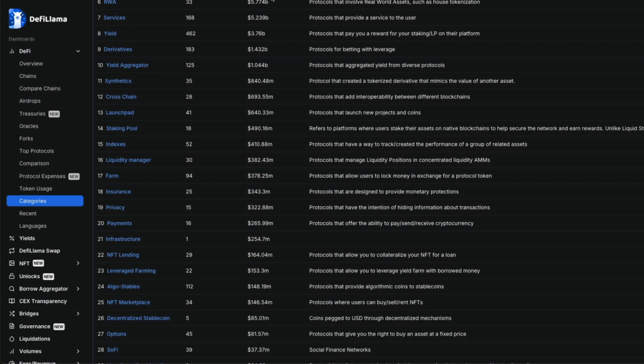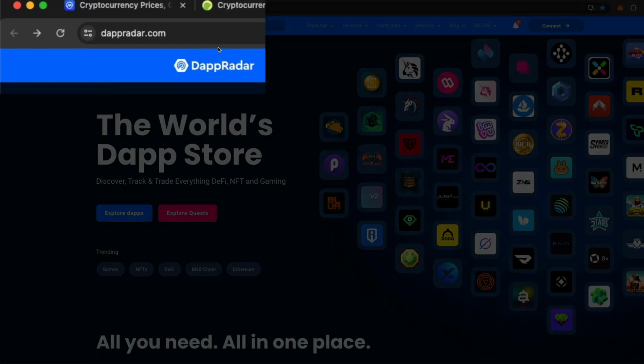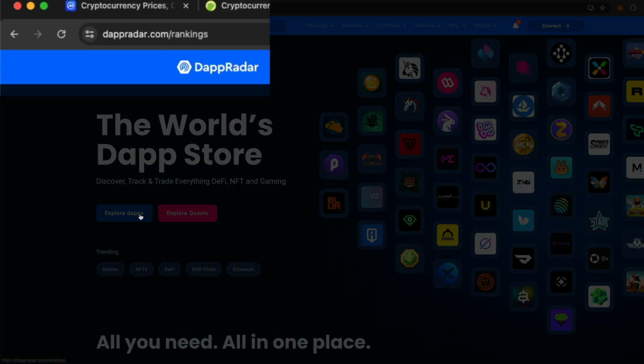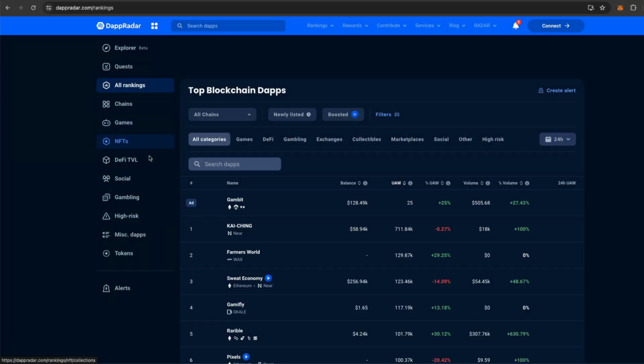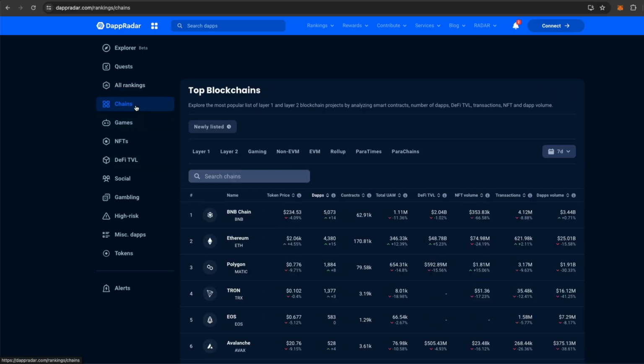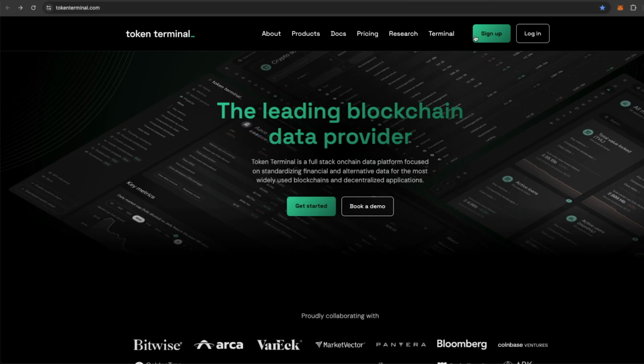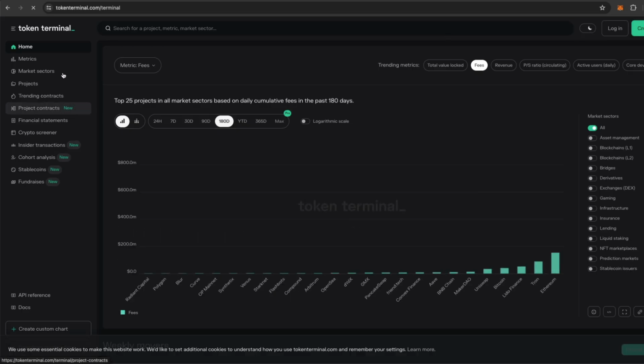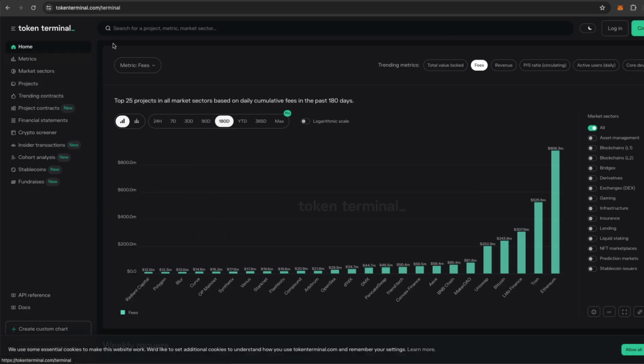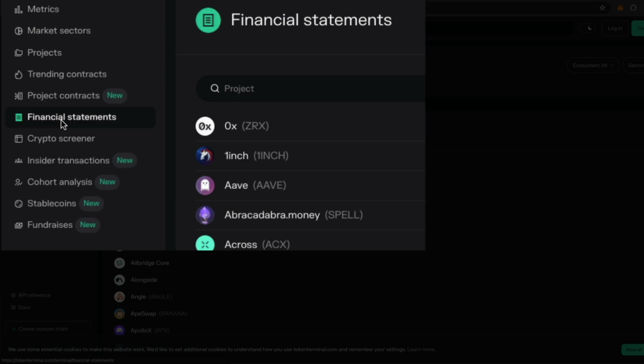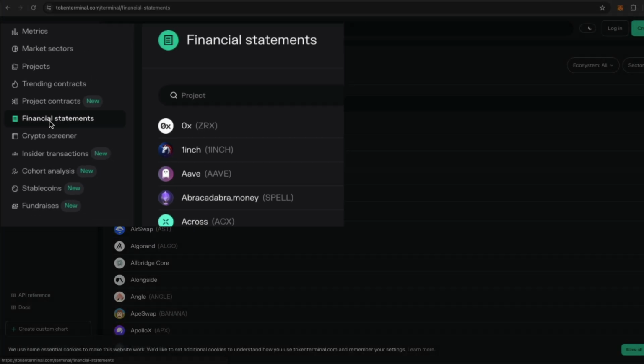So DeFi Llama is a really nice one that I like to look at in particular and use to analyze total value locked. Another one you can use that's similar to DeFi Llama is dApp Radar, which allows you to explore dApps, and you can discover these by categories as well, or by chain. Then there's an interesting site called Token Terminal, which has a research section, which under their terminal section allows you to look at the market in different lights. For example, one of the interesting views they have is financial statements, which is interesting because obviously there are no technical financial statements in DeFi.